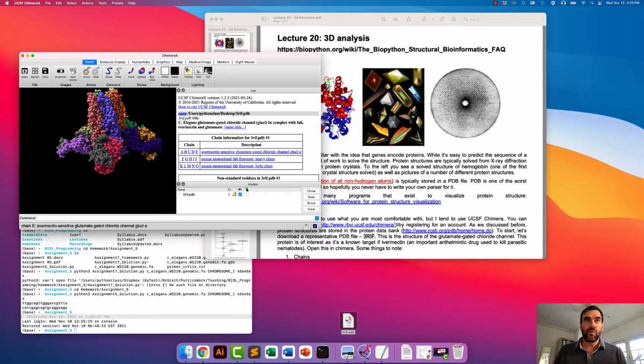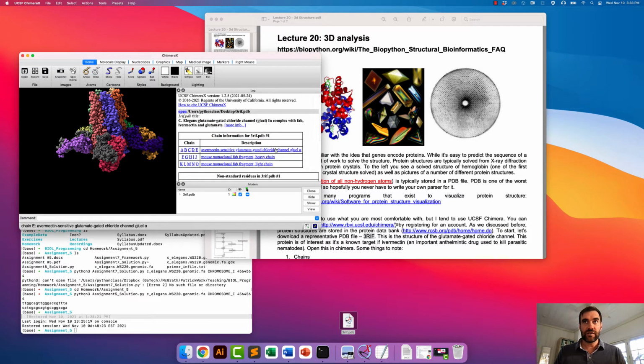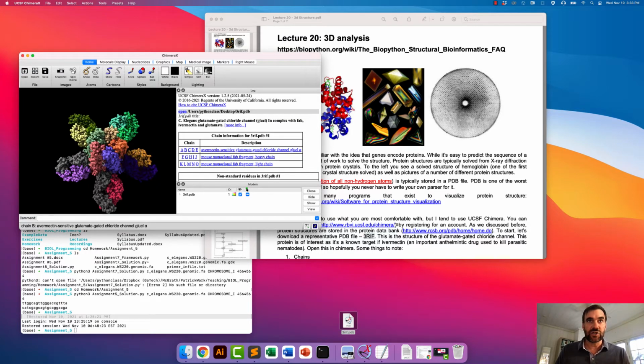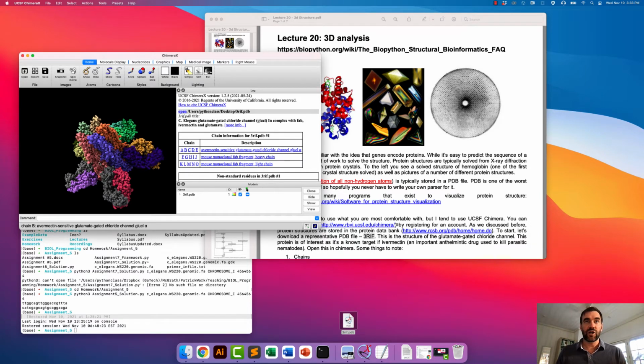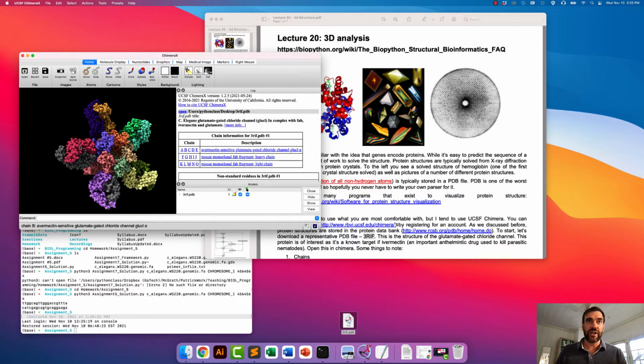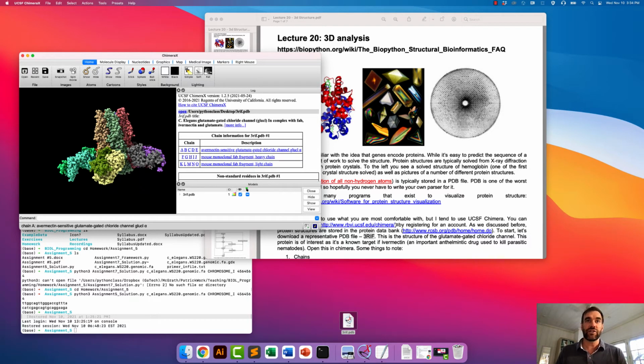So you can now see, we have talked before that there are multiple chains of the glutamate gated chloride channel, multiple chains of the monoclonal heavy chain, and 5 chains of the light chain. And the default is to show each of these in different colors. So you can see all of these have different colors for the chains, and so that helps us distinguish these. But of course you can actually select and change the color of them, and you can also change other features